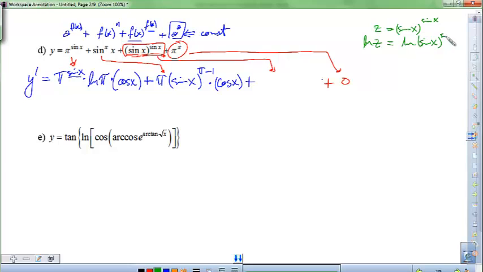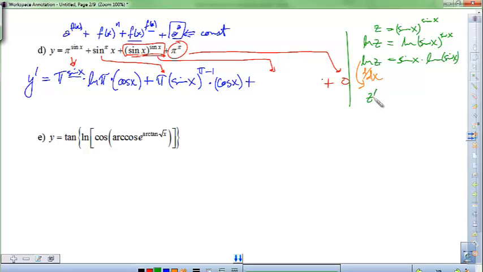So if we take the ln of both sides, then we can take this power down in front, and this will become a product instead of a power within a power. So now what we're going to do is take the derivative. Let's do the d/dx step. And we will get